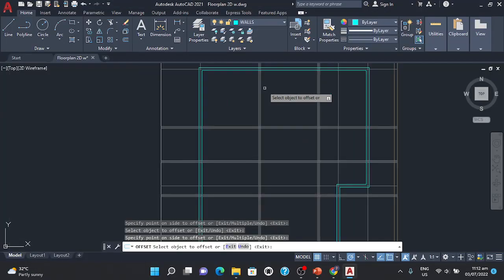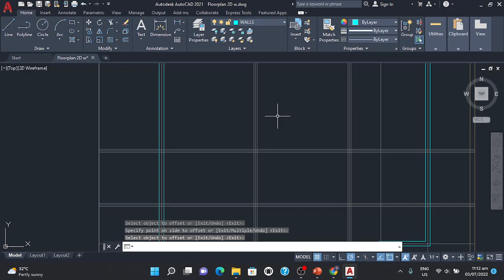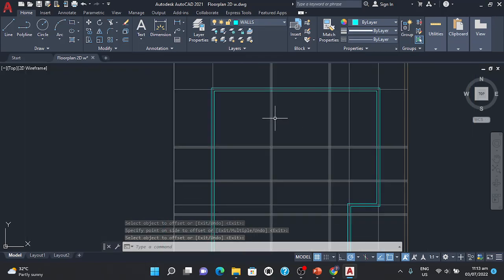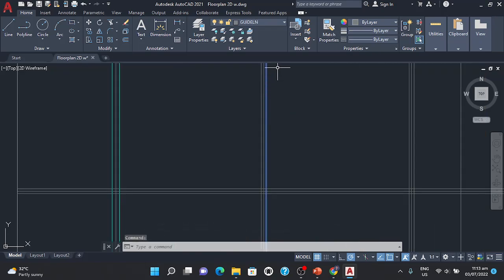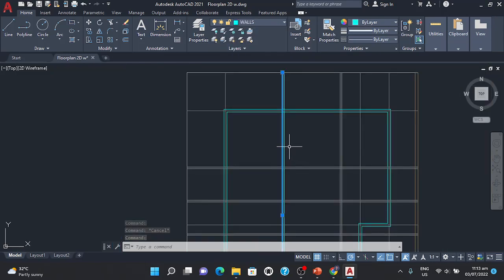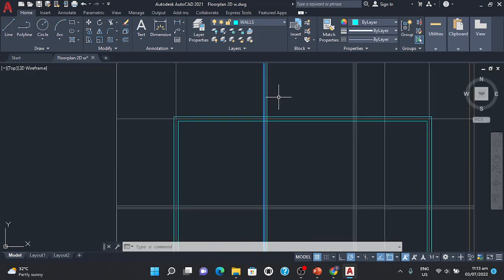So for this one, we should change all of these walls, the properties, into walls. So first thing to do is to select this one and change into walls. So that's how we could change the properties. So let's change this next line, walls. Okay. So as you can see, we have now